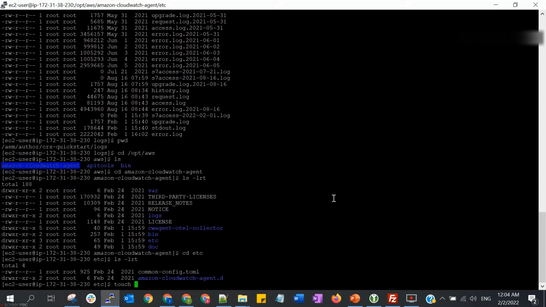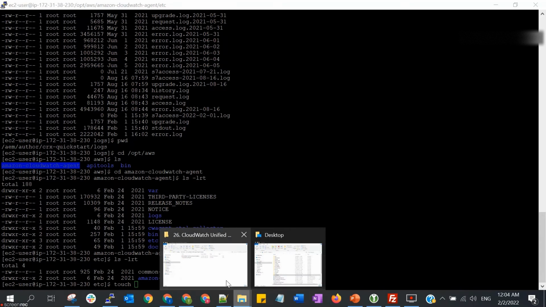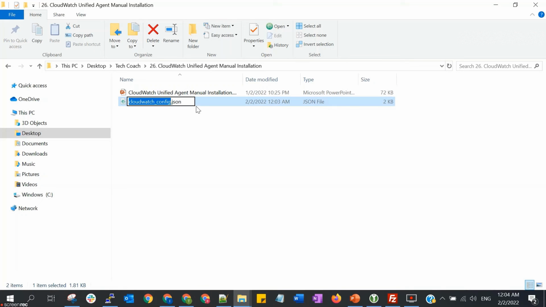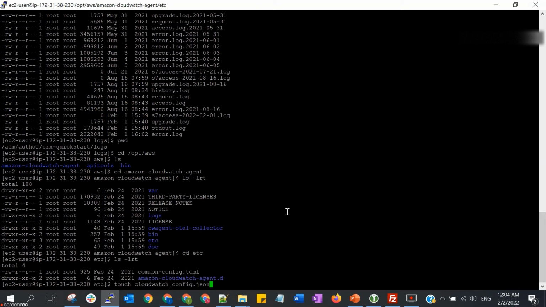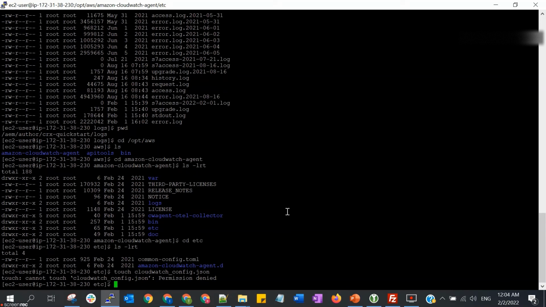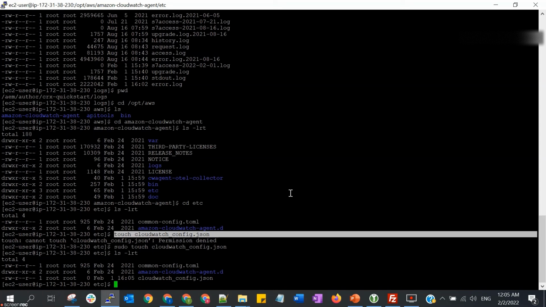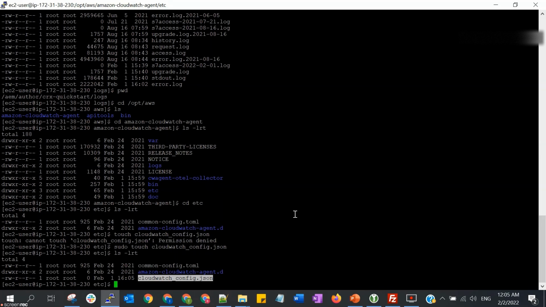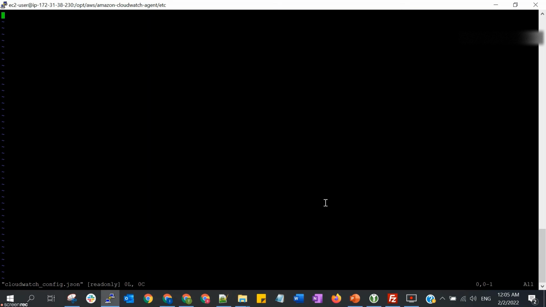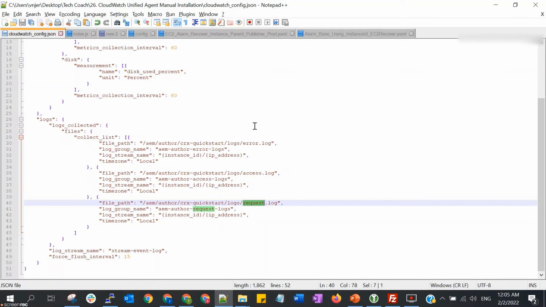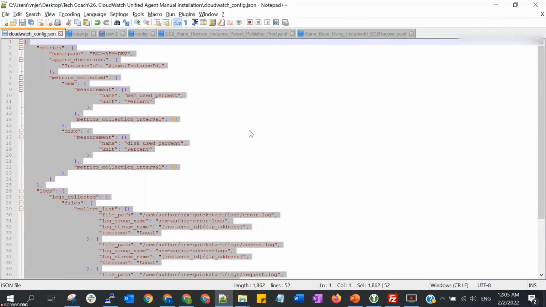You can also use file transfer using FileZilla or WinSCP if you want. I'm just creating it manually here. This is my file. So I just create a file here. I will paste into this empty file.